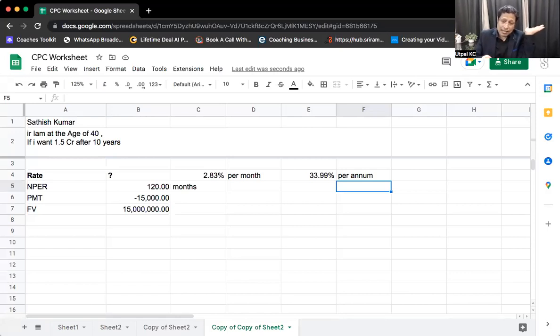FIIs and institutions get towards the higher side. But if you have knowledge, then you may get more than that. So that's what you need, two things. First, there is one method that I'll tell you, and you will get an idea. Second is the knowledge of how to choose the right mutual fund. Understood?